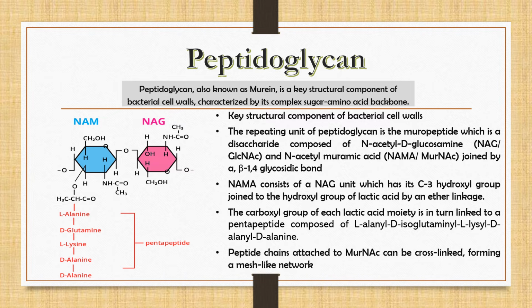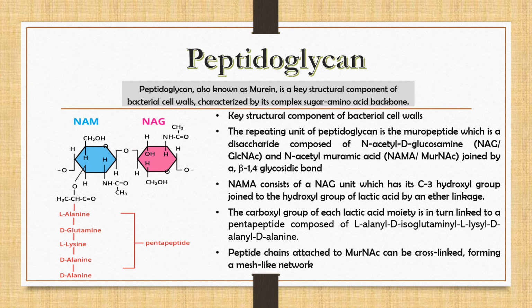N-acetylmuramic acid consists of N-acetylglucosamine, which has a carbon-3 hydroxyl group, joined to the hydroxyl group of a lactic acid by an ether linkage. In the peptidoglycan, the carboxyl group of each lactic acid moiety is in turn linked to a pentapeptide composed of L-alanine, D-isoglutaminyl, L-lysyl, D-alanyl, D-alanine. The terminal D-alanine residue of the side chain of one polysaccharide chain is joined covalently with